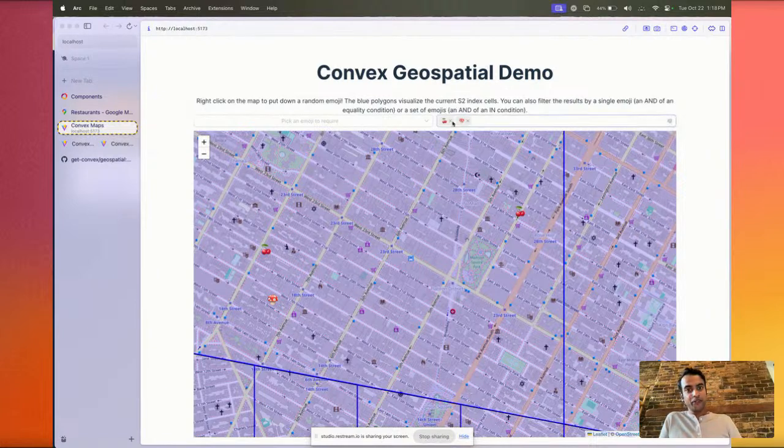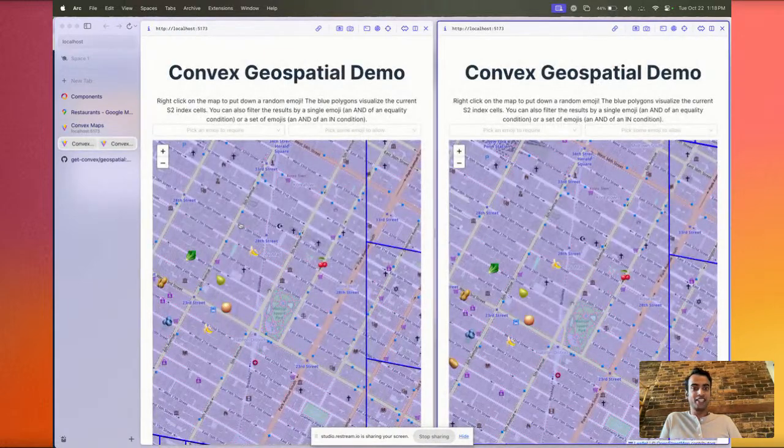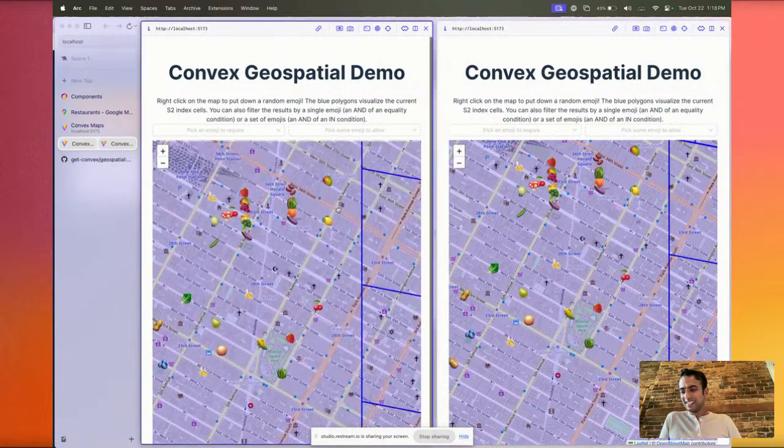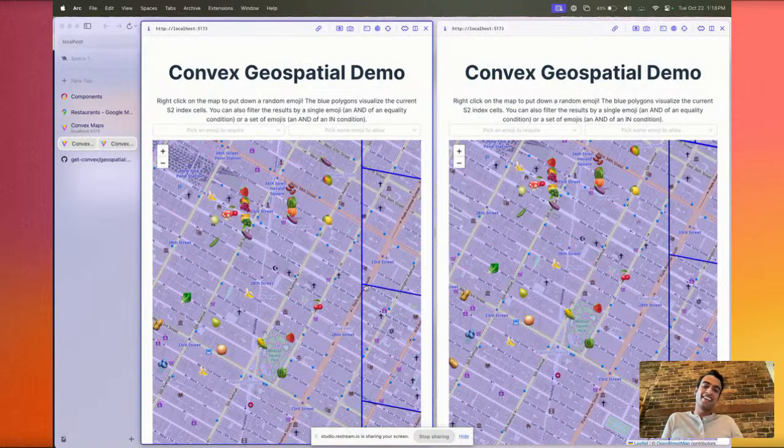So the other cool thing with this component is that in addition to working for search, like the other demos we've had, since it's built on Convex, everything is fully consistent, cached, and reactive. So I have two viewports here. And if I click a bunch of fruit on the map here, you can see that it is updating in real time on the view on the right. It's taking a little longer than I thought on a touchpad. There it is. Cool. So this type of index is really useful if your app has any need to track